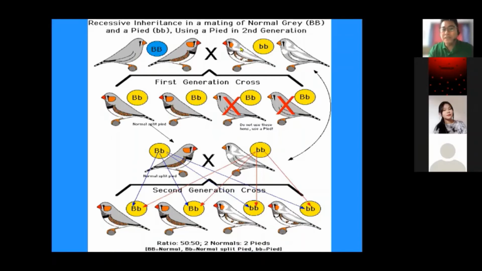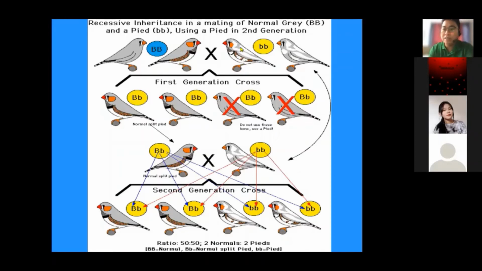So, gene representation. How do we write our genetics? Paano ba natin sinusulat ang ating genes? So, the name of the dominant trait determines what letter is used to represent the gene. Ayan. So, use a capital of the first letter of the dominant trait to represent the dominant gene. Example, black. Ang first letter ng black is B, and then ibibig letter lang natin siya. Use small version of the first letter of the dominant trait for the recessive gene, or small letter.